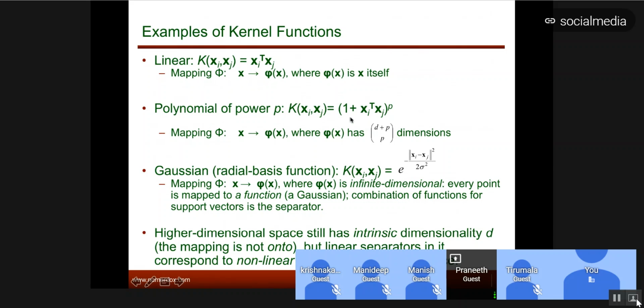In a polynomial kernel, you're doing this mapping where you're doing (1 plus xi transpose xj) to the power of some degree. The radial basis function kernel is another kernel where, instead of using the original data xi xj, which gives you the kernel xi transpose xj, you want to use phi of xi transpose phi of xj, right? And that function can be defined using, for example, e to the power negative square of the Euclidean distance, so the distance between any two data points, divided by 2 sigma square.